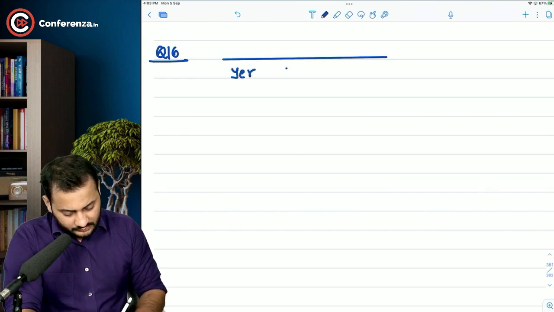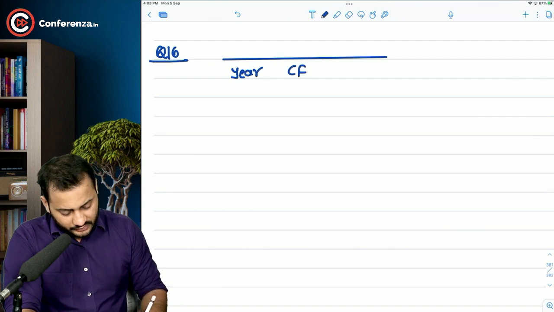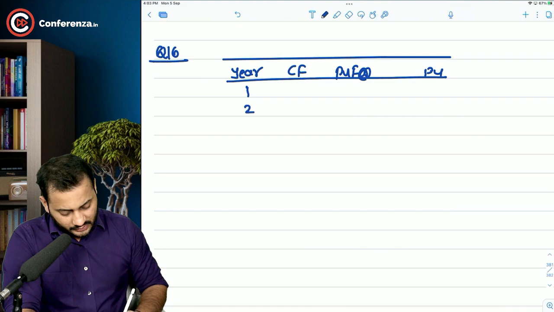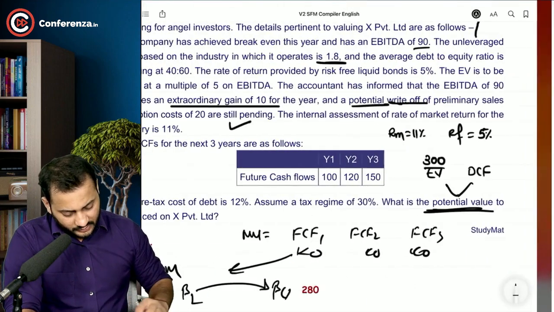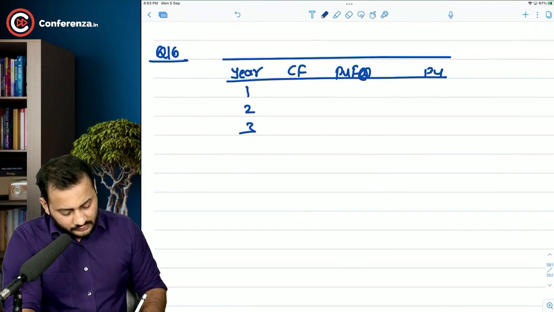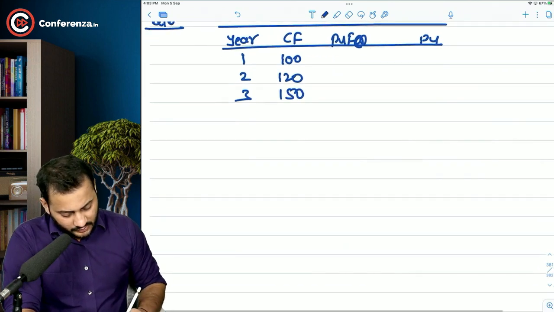Year, cash flows, present value factor at some rate which we are going to calculate, and then present value. So 1, 2, 3. What are the three cash flows? 100, 120 and 150. Now, in order to calculate the WACC,